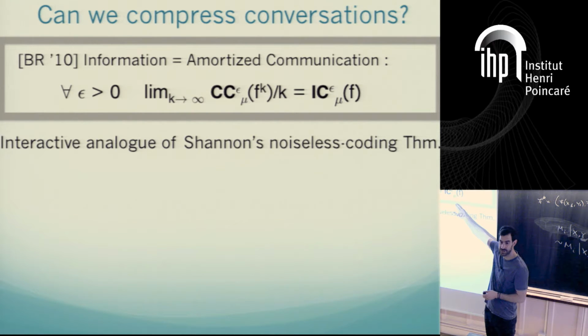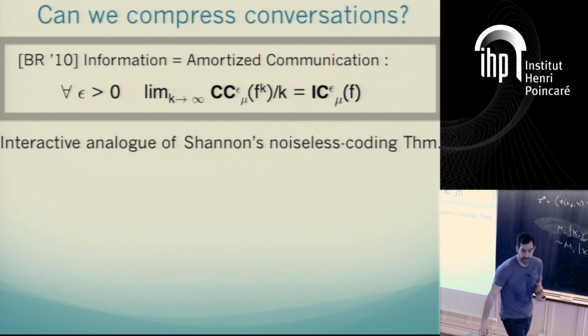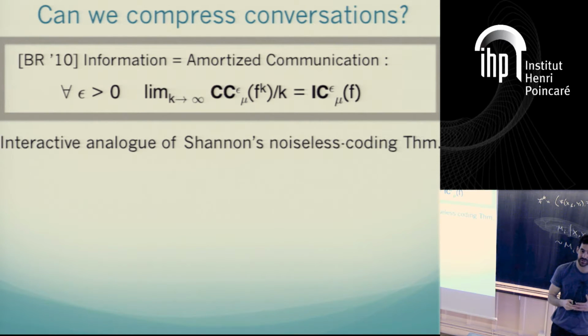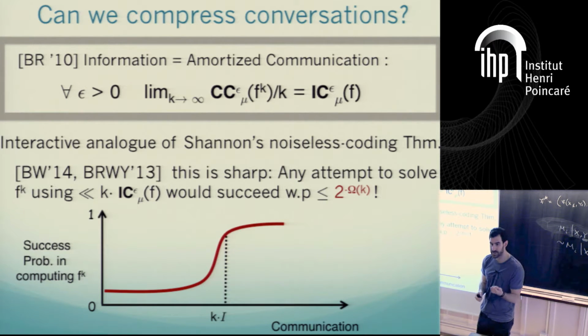But this slide really shows that whether you like this measure or not, you cannot ignore this, because this has an operational justification, right? The single copy information cost is a characterization of the amortized computation, and in fact, not only does it characterize it, it's a very robust characterization in the sense that